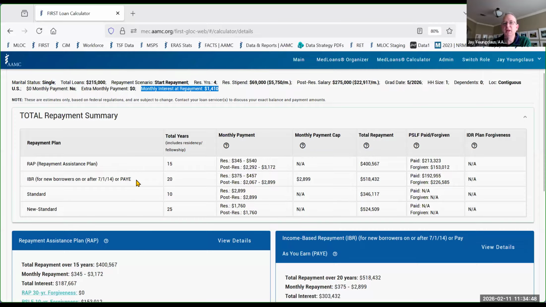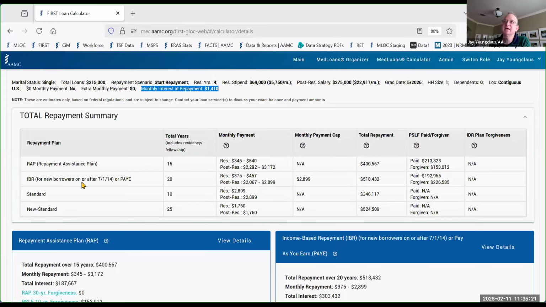I need to spend one moment and talk about IBR and why that's still in the calculator. IBR is a repayment plan that is in a bit of a gray zone. It was created by an act of Congress, and the last act of Congress that I talked about on July 4th, 2025, that actually did not change the IBR plan. So the IBR plan is probably in an interesting kind of limbo state where it has not been altered and it is protected from having been